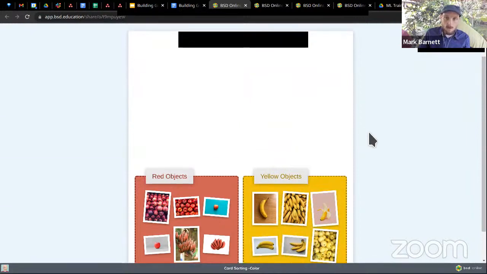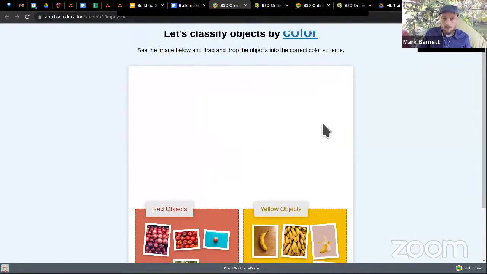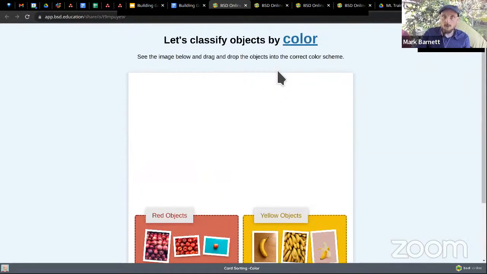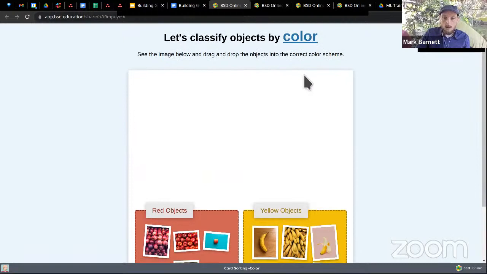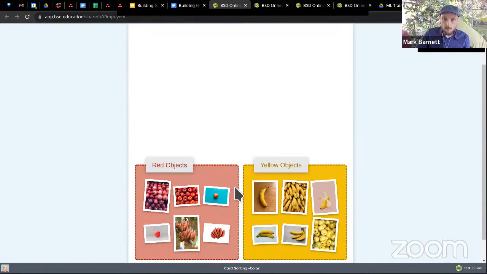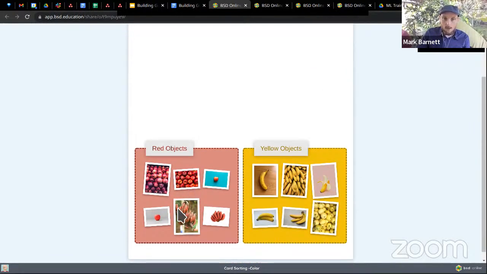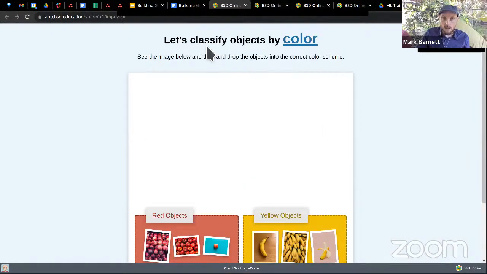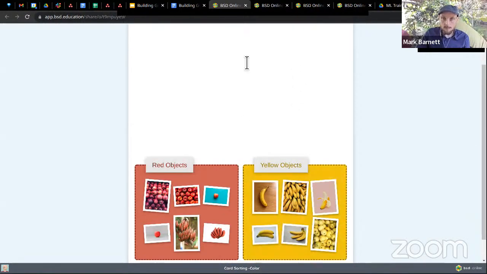So the first thing I want you to think about is, if this was a machine learning tool, and its only job was to classify things based on color, but we've got apples and bananas here and apples and bananas here, could that present a conflict? Would that be some kind of an issue? So is it wise to classify things just on one variable? Is color enough information for us to classify?